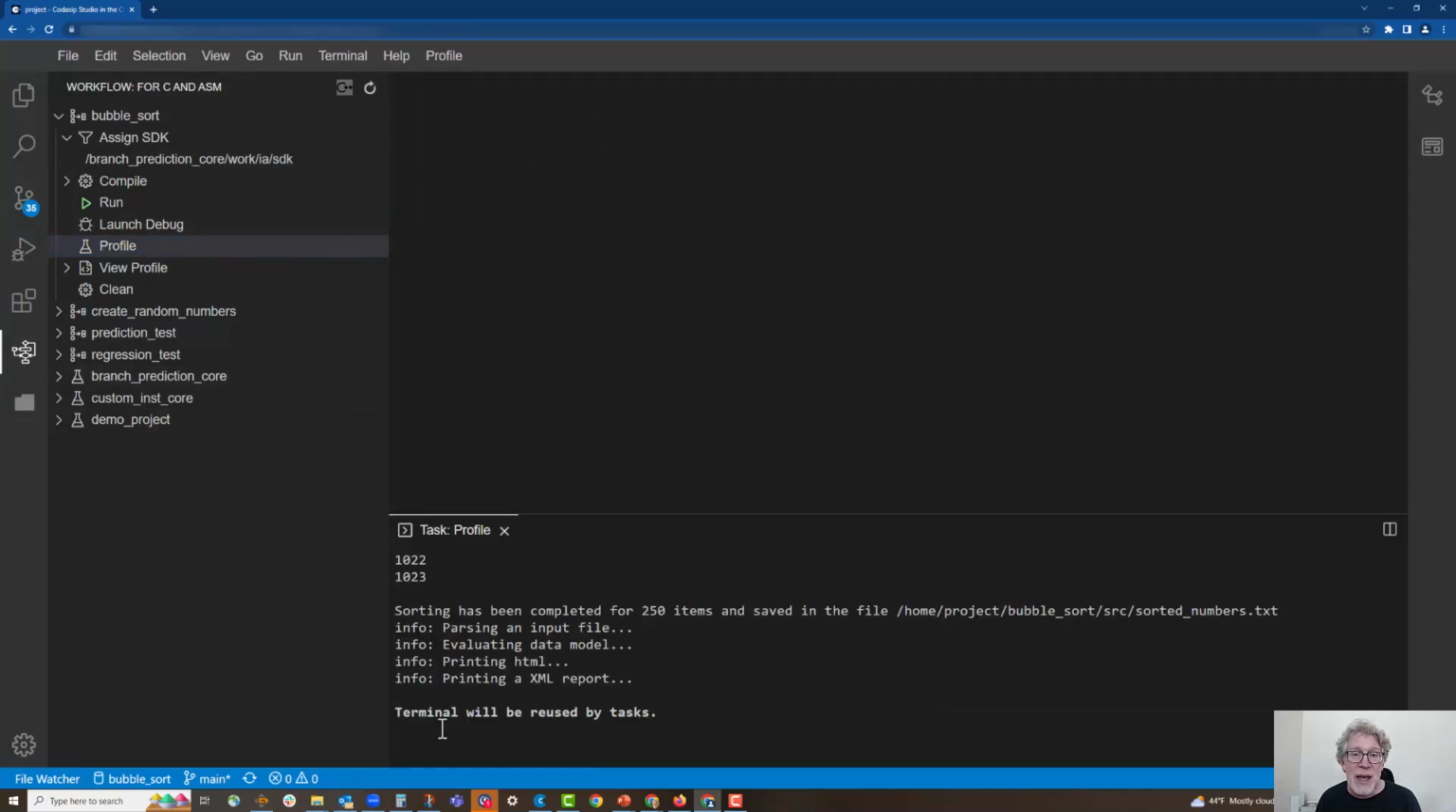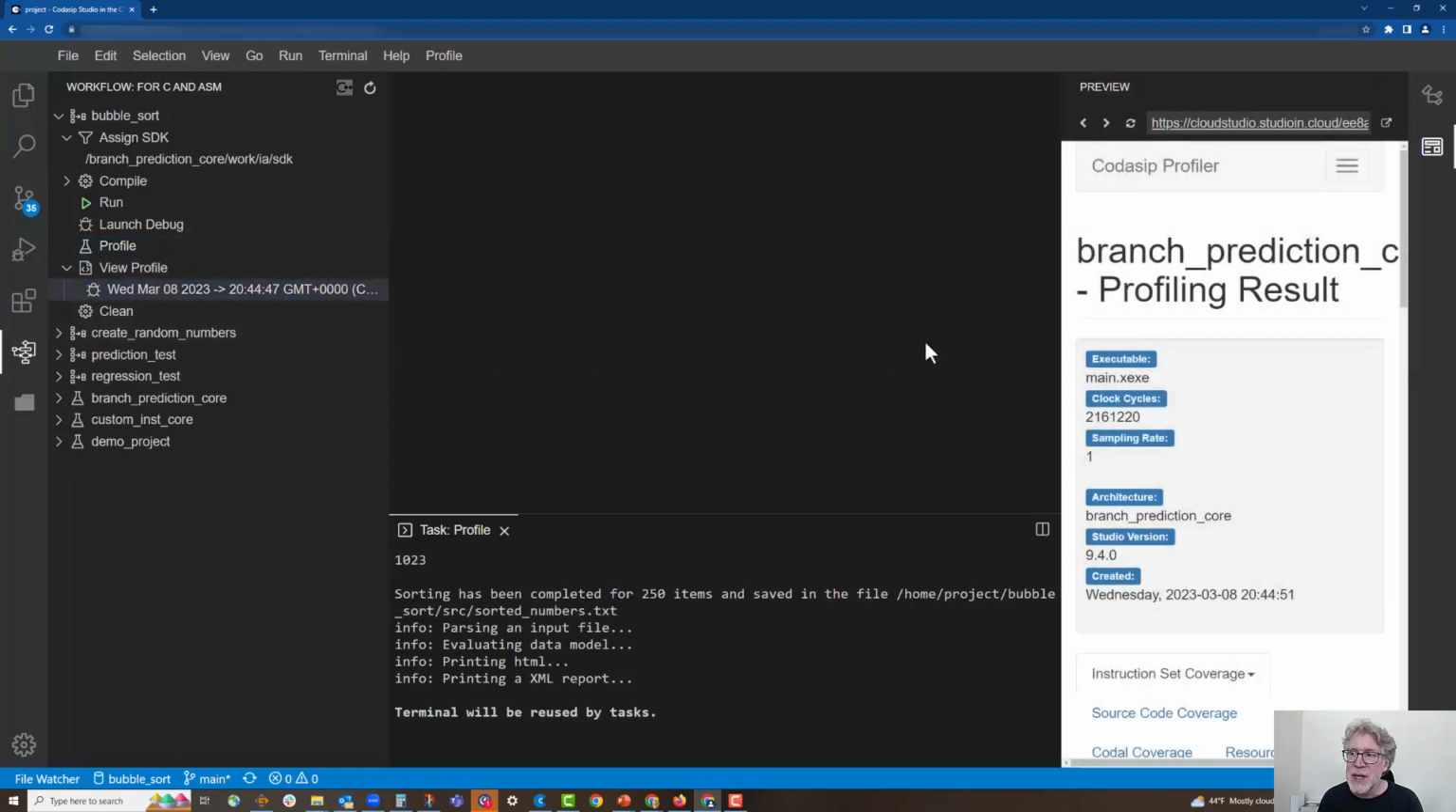You can tell that my IA model has finished at the bottom here. It says printing XML report. That's the profile report. We'll be taking a look at it. You can also see that it says terminal will be reused. Now, if I expand my view profile, you can see here is the profile which I just created. And once again, you can actually close the preview by clicking on this icon or open it up. But I want to get an expanded view in its own tab, so I will click on open in a